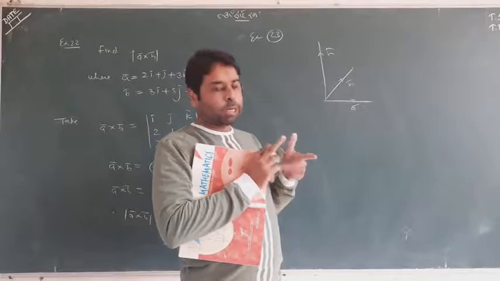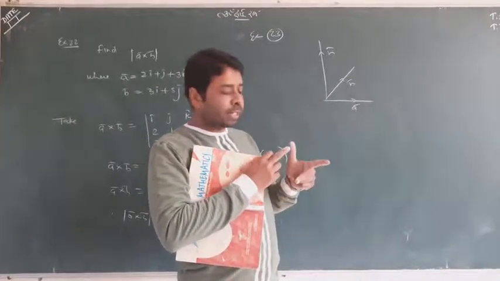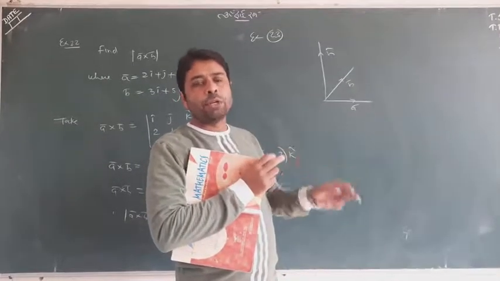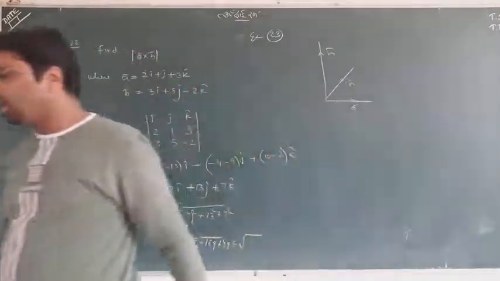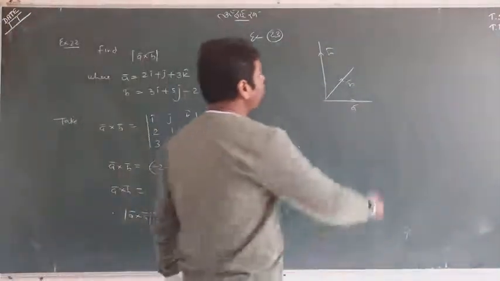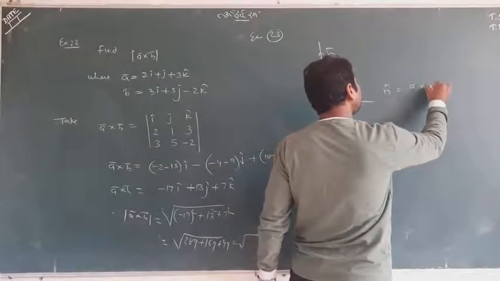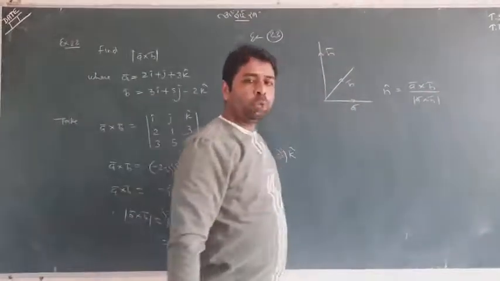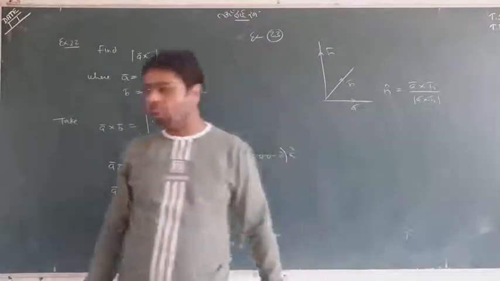n cap is a perpendicular of A and B. I am not talking about any angle of A and B, but n cap is the perpendicular of A and B. This n cap is called the perpendicular unit vector of A and B. In this question particularly, let me first explain, when A and B are two vectors, what is n cap? So I taught you that n cap can be found by this formula, that I taught you in the last lecture. Today I revised this by writing on the board.